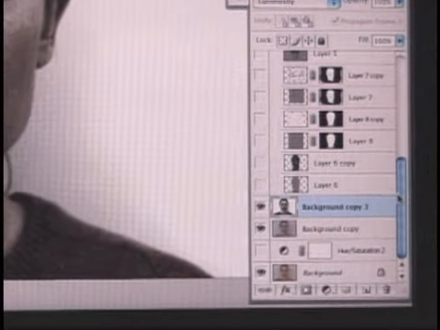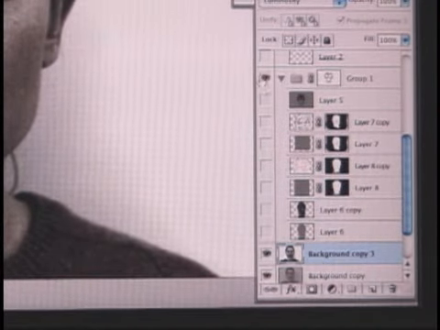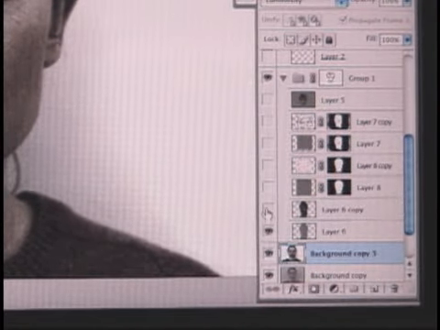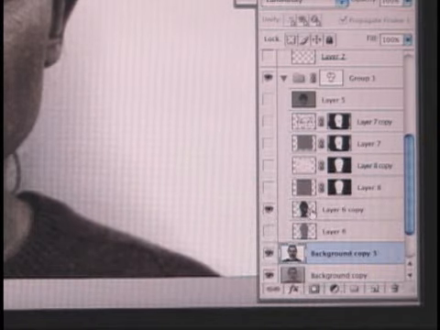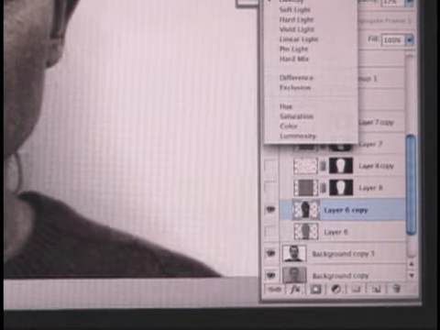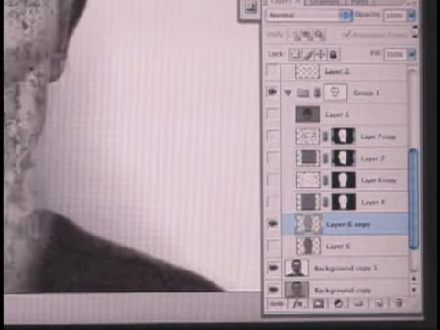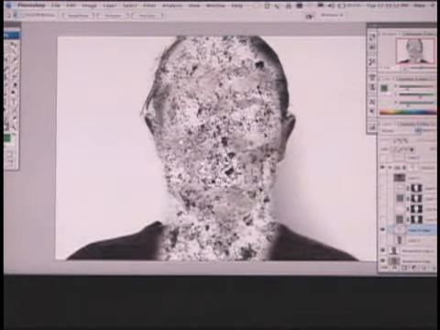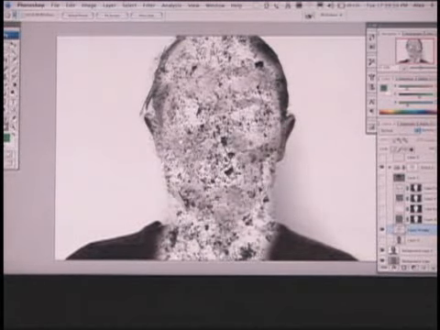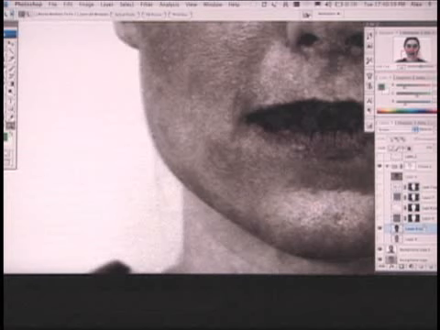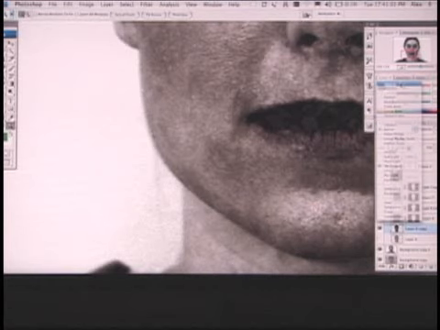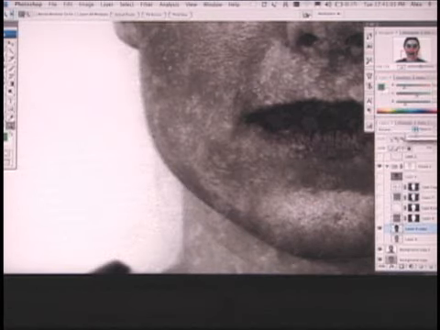So the next step, if we go up to the next level here, what we have is a piece of concrete. Let me set this to normal, and you'll see what I'm talking about. If I bring this all the way up and invert it, that's a big pile of concrete. I literally took a piece of concrete, and I smeared it a little bit. I pushed it around to make it look more like it was going along with her skin. So if we send this back to normal and bring it all the way back here,